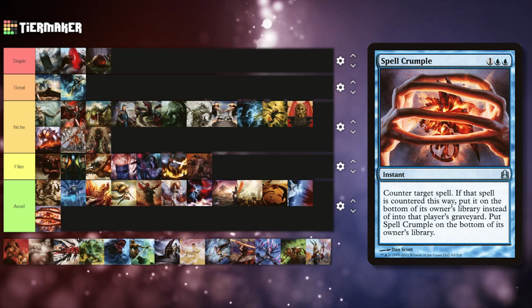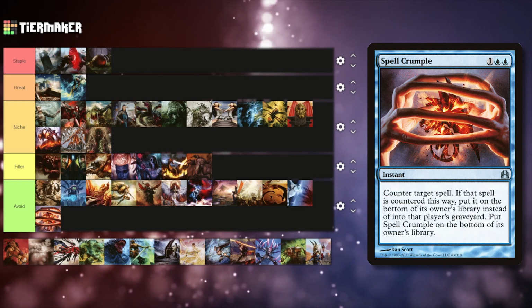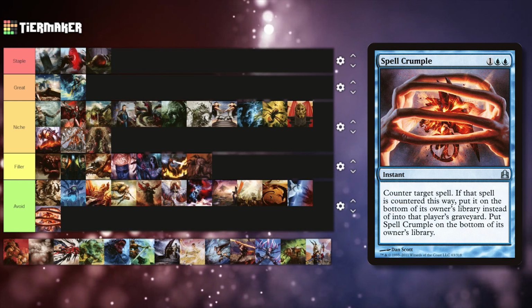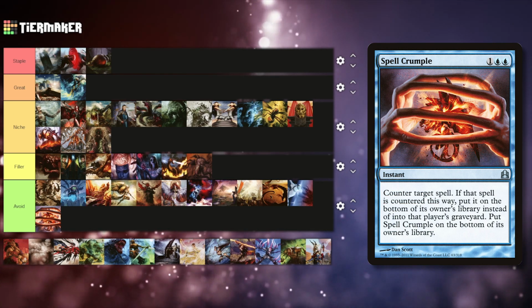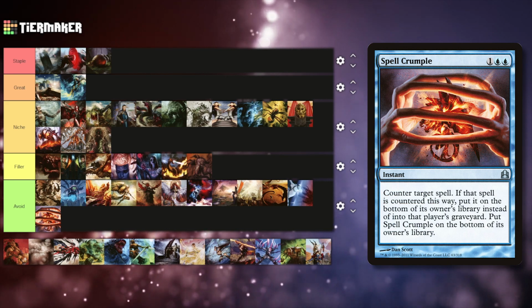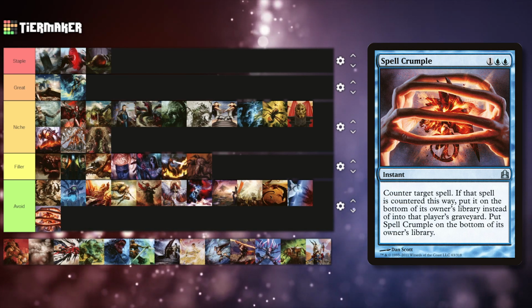It's Cancel with essentially a downside, right? Because if someone has any tutors in the deck, they can just get the spell back. And you really don't want to be recurring Cancel. Yeah. Maybe in the new